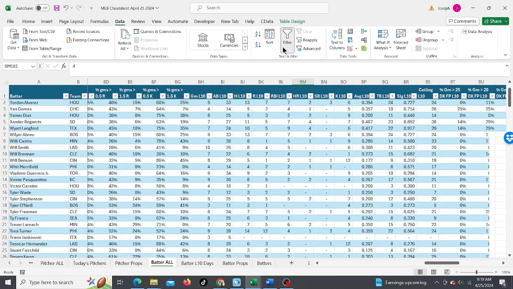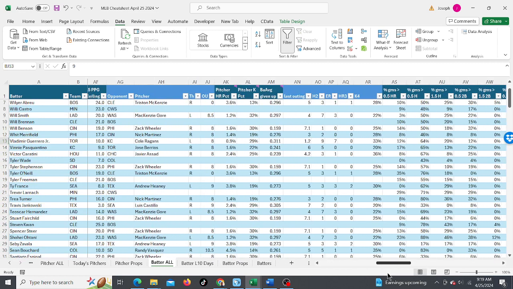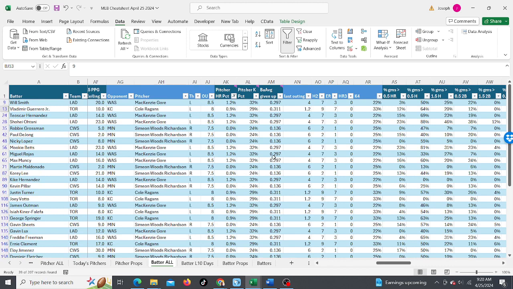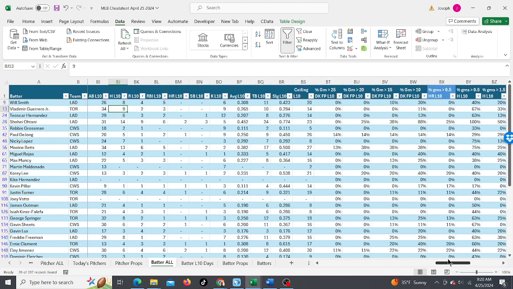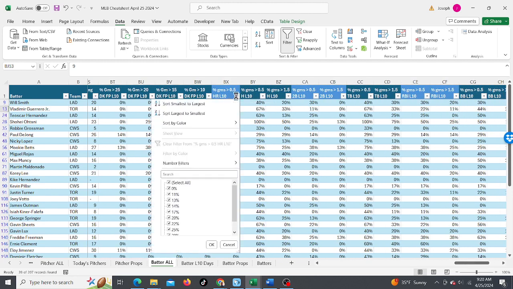Now let's do a quick look the opposite way. Let's look for pitchers who haven't given up a lot of home runs. Here's the opposing pitcher home run percentage. Let's take the 3 lowest, around 1% or less. They don't give up a lot of home runs. And let's look at the last 10, who's been cold, who hasn't been hitting homers. So we got 0%. We got no home runs.